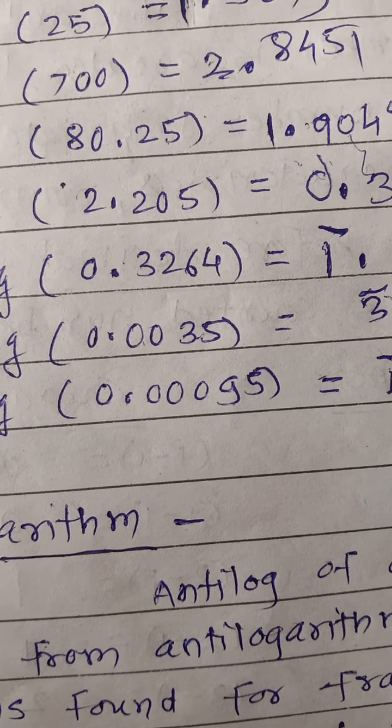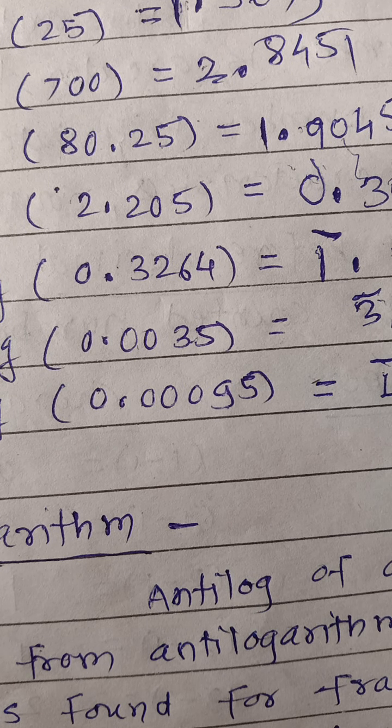In order to find the log of any given number, first we will have to write its characteristic, and then in order to find the mantissa we will have to observe that given number. If it is a 2-digit number, then we can observe the mantissa in the 0th column. If it has 3 digits, then for the first 2 digits we will observe that 2-digit number in the first column, and in that respective column we will proceed for the 3rd digit.